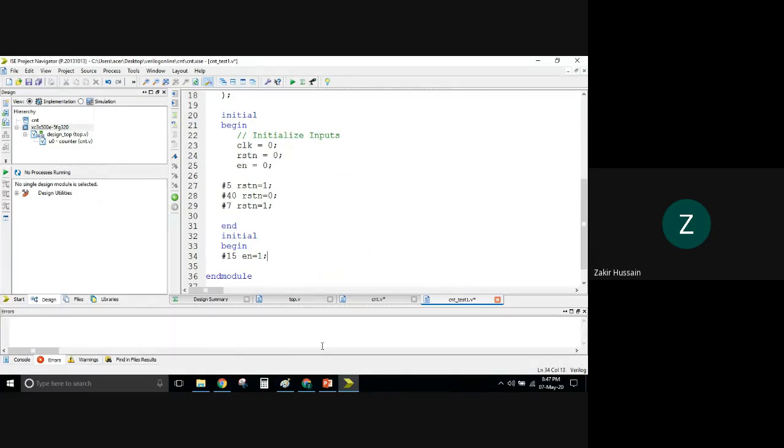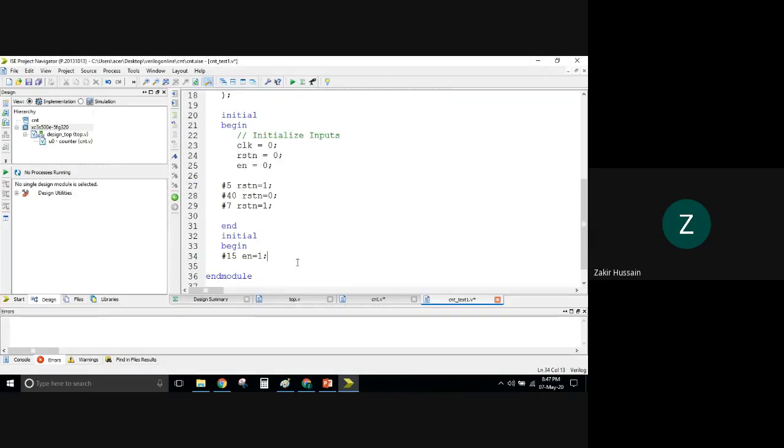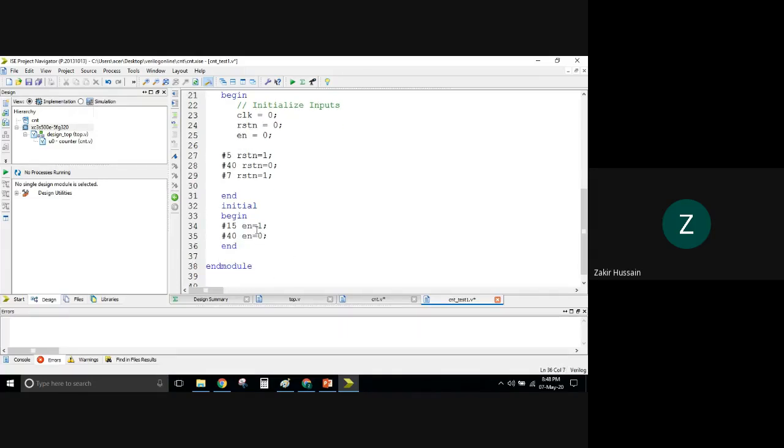That statement is completed. Now, observe carefully: somewhere here at 55, we made this enable 0. So at 55 means already I have 15 and 40 more, I guess. 55 means 40. Enable is made 0 here. So that's all, I have done my enable also now.